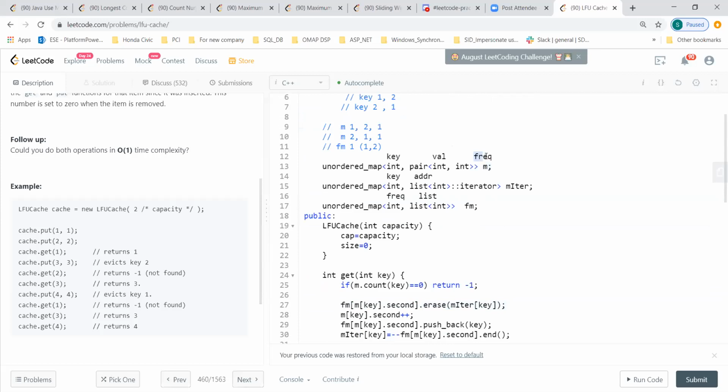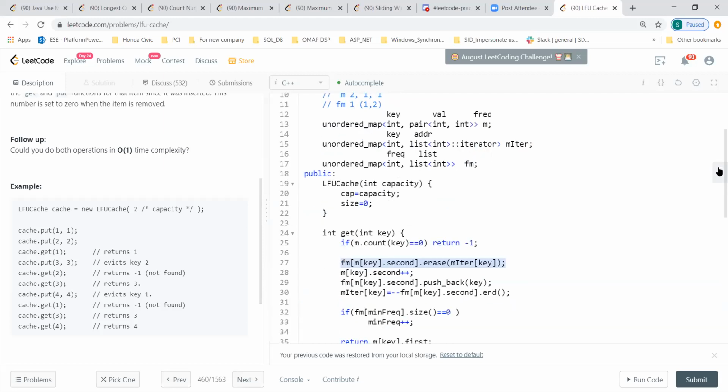Then I go to the frequency where my least frequency is and erase that using my iterator, because if I put that key in this iterator, I know the position of that particular key value pair. So I'm just going to remove it from this list. And then this guy just increments the frequency.